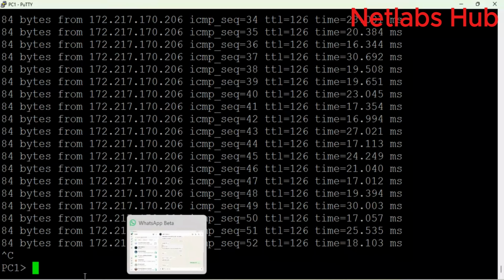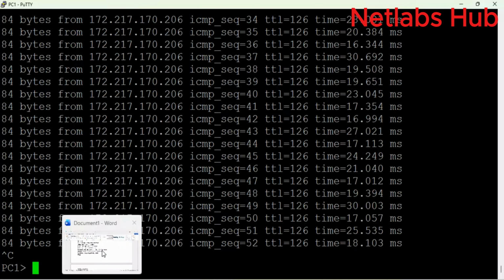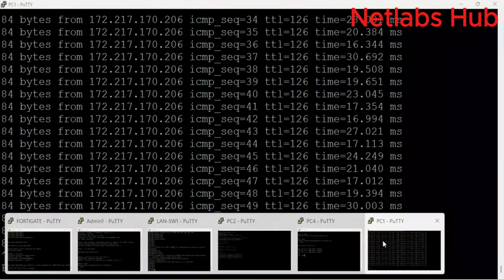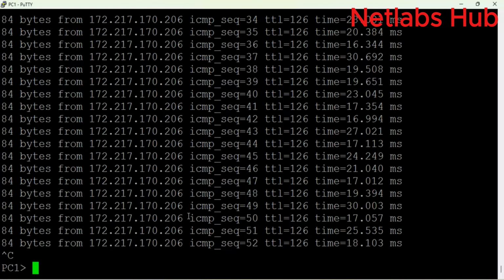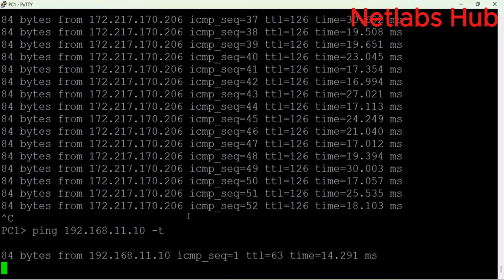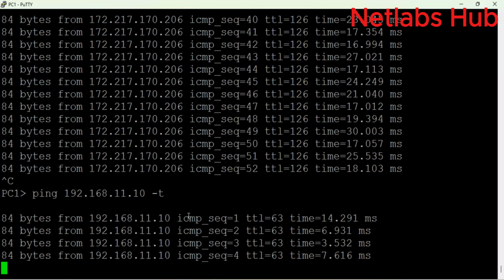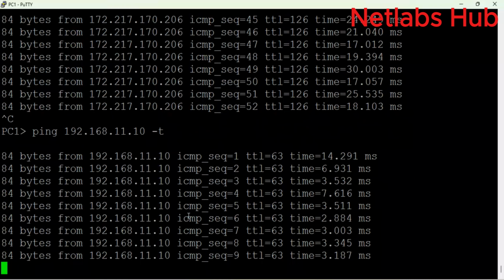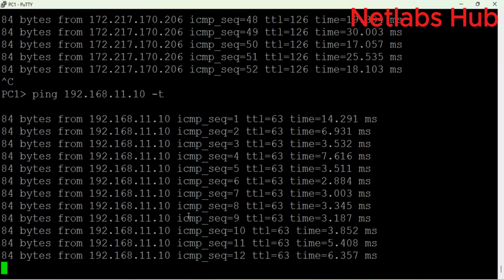So according to this guide here, LAN users can access the internet. Also, LAN users can reach the DMZ service. So I can just ping 192.168.11.10. That is the IP address for the admin. You see, it's working. So this is how you configure a real enterprise network